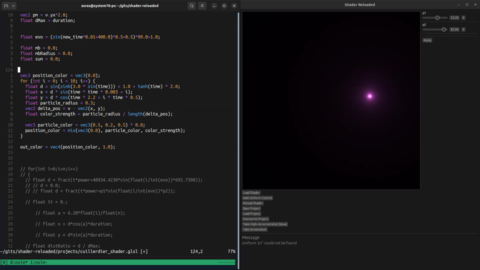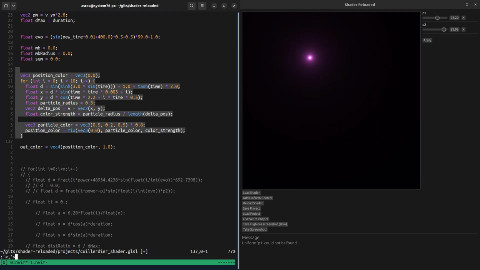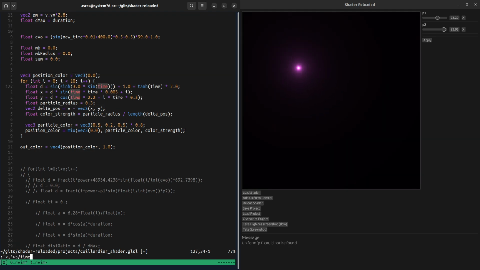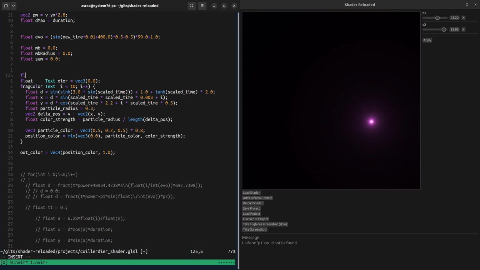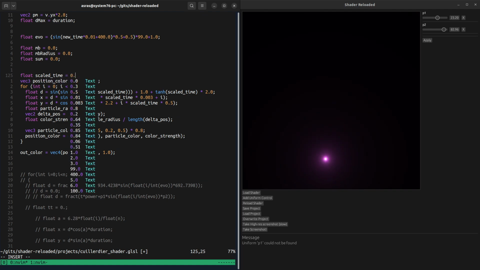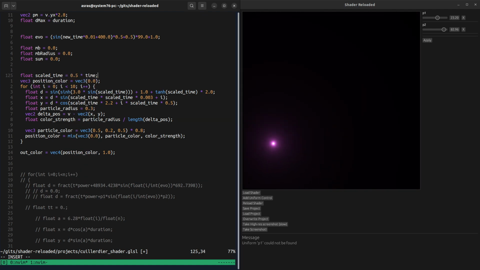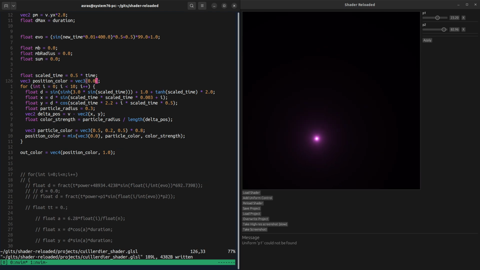So what if we say time, replace it with scale time? And then we'll say flow scale time is like, please go half as fast. Okay, that's better. Right. So what we want to do is